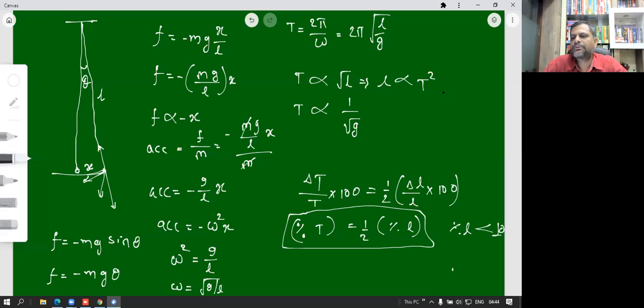And since L is proportional to t square, the graph between L and t will be a parabola, just like y is equal to x square. So this type of graph will be there, which is symmetric about the non-squared axis. मतलब ये L axis के about वो symmetric होगा, ऐसा वाला parabola हमको मिलेगा।